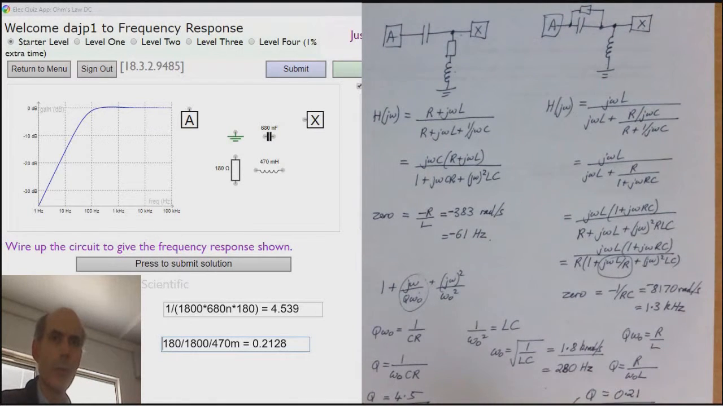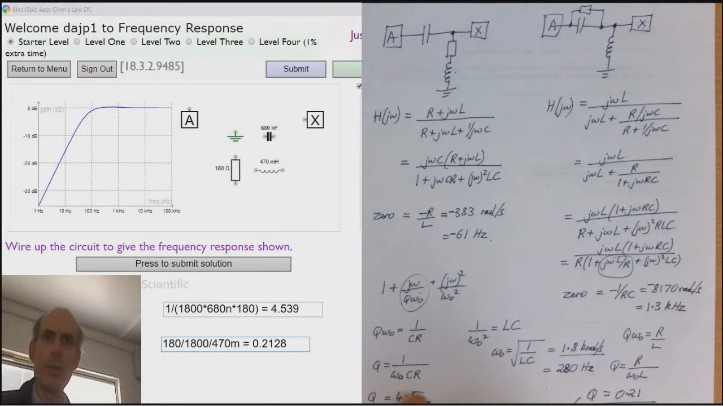Right, which value of Q is correct? Well, if I had a Q of nearly 5, then I would expect to see some resonant peaking in the response here. I don't. That's making me think that the Q is much more likely to be this circuit here, Q of 0.21, and this topology would be the correct one. We could maybe investigate that in a bit more detail and work out exactly where the poles are for this topology